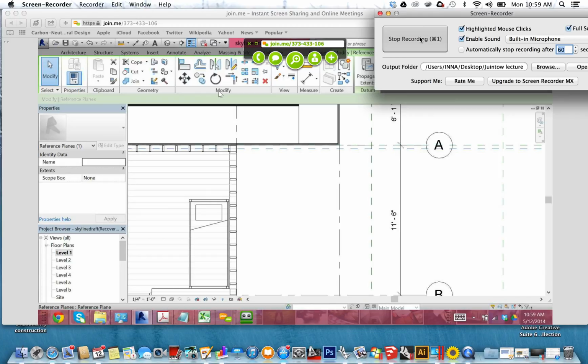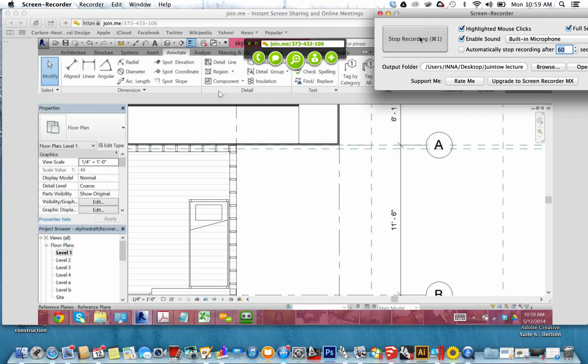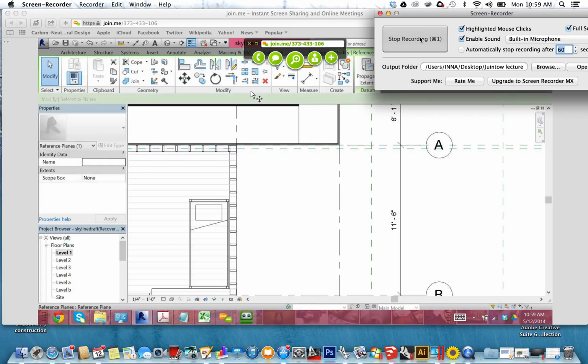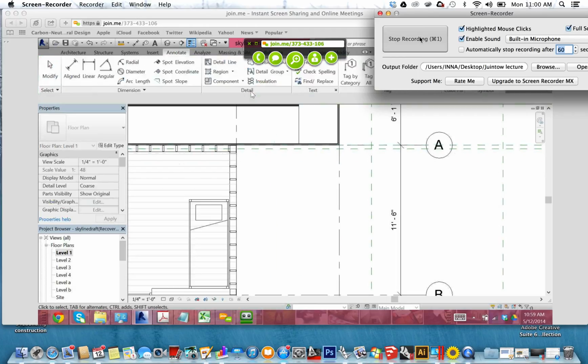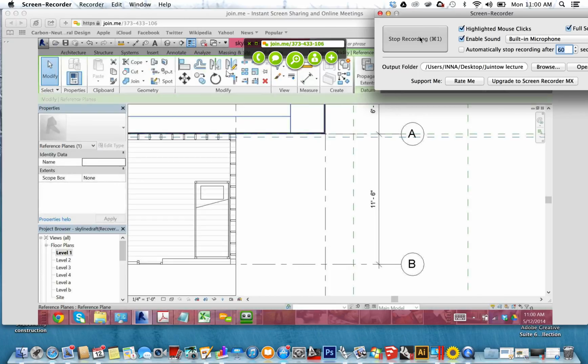I just think if we can get it to be 24-inch on center, it's going to work with our sliding door. I think it's going to work better. So let me just try 24-inch on center. We can change it later. So I'm going to take this reference plane here, and I'm going to